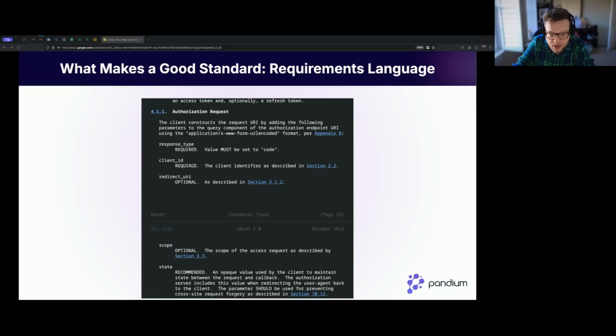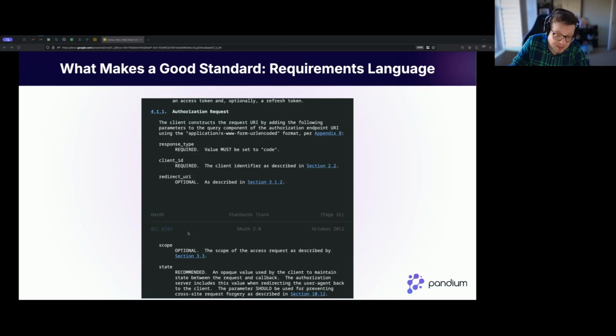Depending on the standard, you'll see a lot of requireds. I think those are really strong standards. But then it's when you get into this optional stuff that it really starts breaking down. Like, why is this optional? Why is redirect URI optional? If you go and read section 3.1.2, you're going to have five paragraphs, 3 pages of information about why it may or may not be interesting for you to add a redirect URI. Scope is optional. That doesn't make any sense.